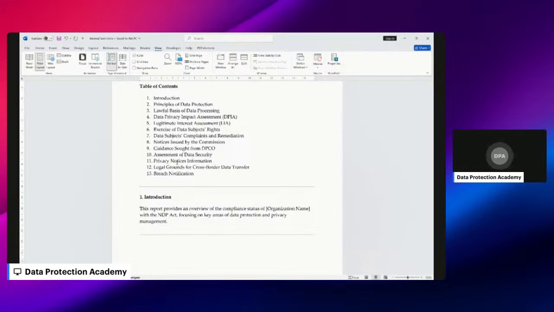That is also a way of showing that the DPCO is really carrying out those consulting services as it should be, you understand. So you also need to assess your data security. You also need to put up a little draft of the privacy notice information you have within your ecosystem. And if you transfer data outside Nigeria, you also need to explain the legal grounds for carrying out that data